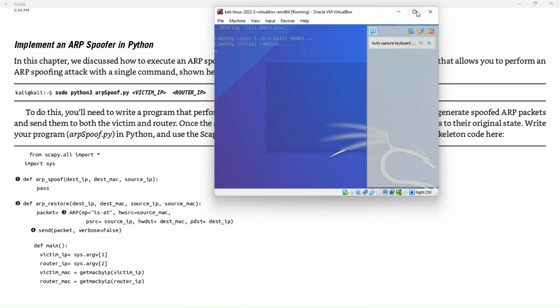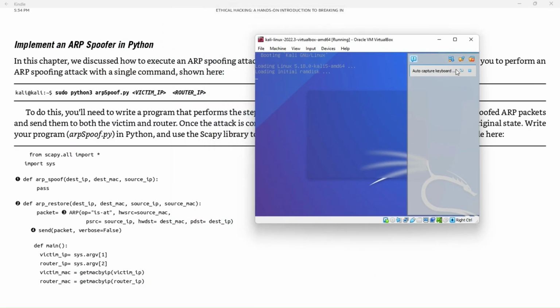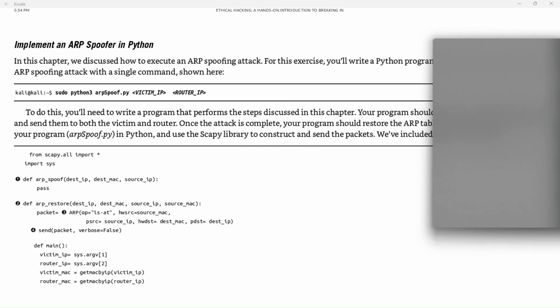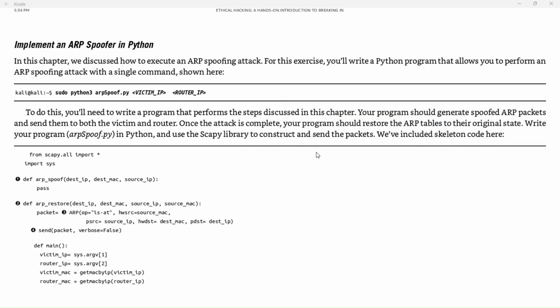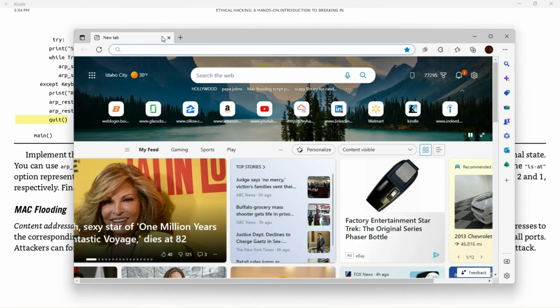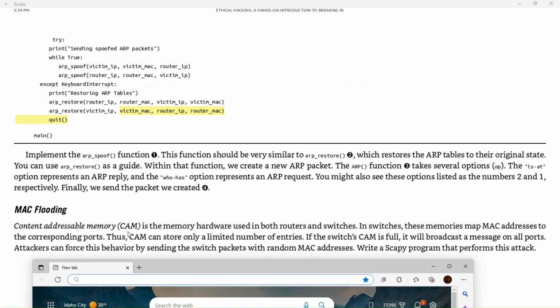So now we'll go into here, and this is running. I'm going to run this and show you how powerful it is. It's awesome. And this MAC flooding, let's do that while this is loading. So MAC flooding. Okay. How are we going to do this? So this is how I would do it. It wants you to write MAC flooding